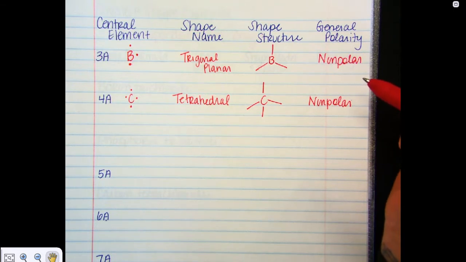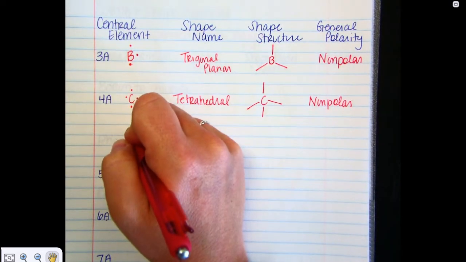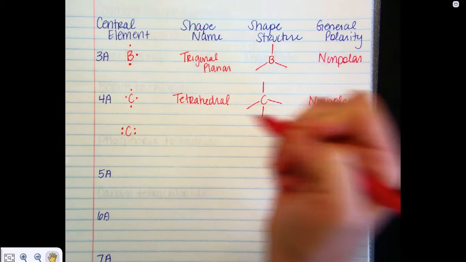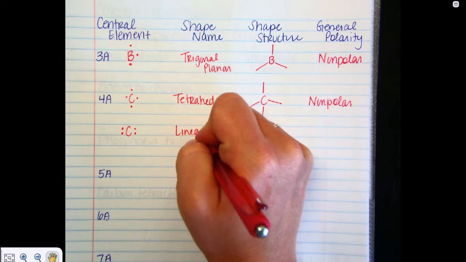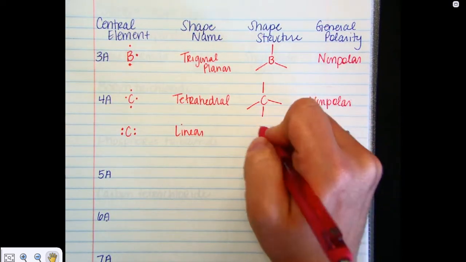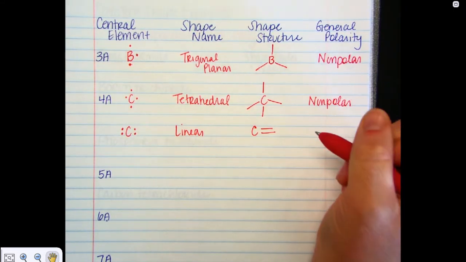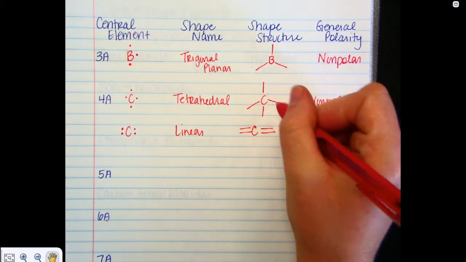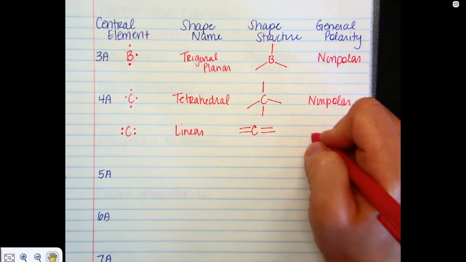The other shapes that carbon and silicon can make are going to depend on whether it makes a multiple bond. So carbon also has the ability to make, and frequently does make, a double bond. When it makes a double bond, the shape it takes on at that point is called linear, or a straight line. So we'd have the carbon double bonded to something, and also double bonded on that side. So it's still 1, 2, 3, 4 bonds. They're just rearranged differently. So 4 bonds, 4 bonds. Also nonpolar,